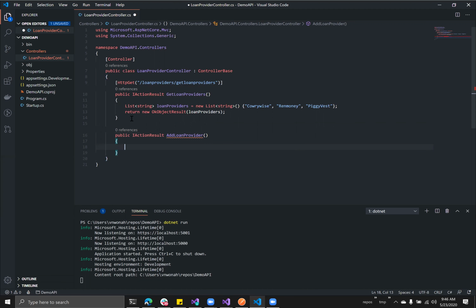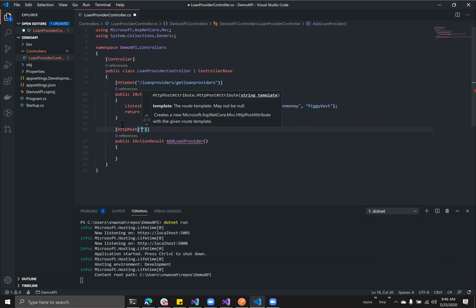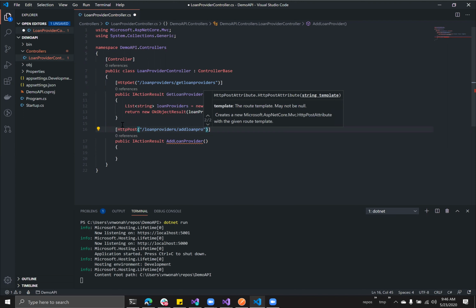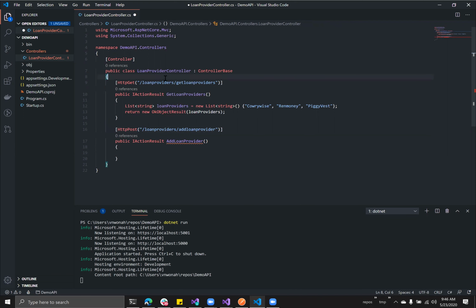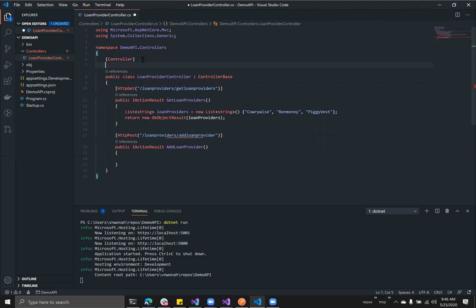And this is going to be an HTTP post because like I told you, whenever you're sending information to the API or whenever you're creating something new on the API, you use a post request. So HTTP post, and then the endpoint, /loan providers/add loan provider. And then we need to give it some more information. Tell it which format we are going to be accepting this loan provider in. And the way to do that is to say,